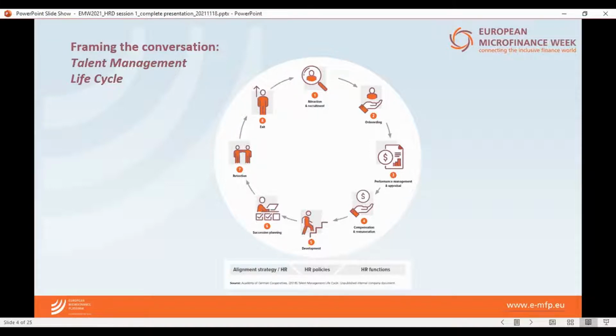And actually, we are convinced that HR has a strategic role to play to make sure an MFI really can implement its strategy and achieve its financial as well as social targets. And if you're interested in this topic, like strategic HR, please have a look at the session description on the conference platform. And there you can find a document on strategic HR, where you are going to be able to see some more details on this specific topic. And with this, I'm happy to hand over to Cheryl.